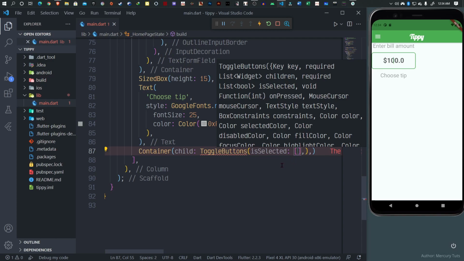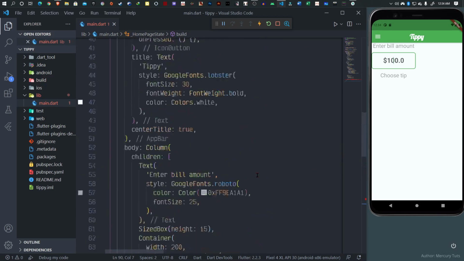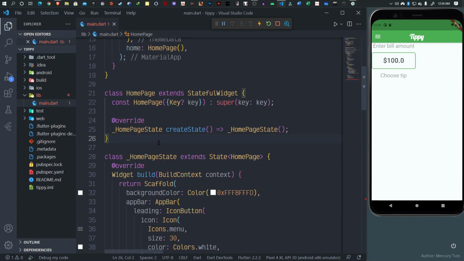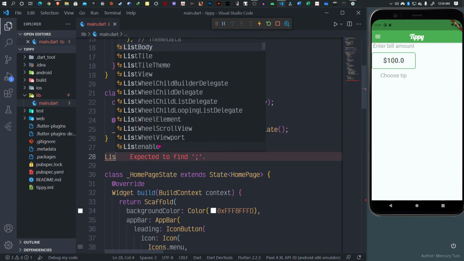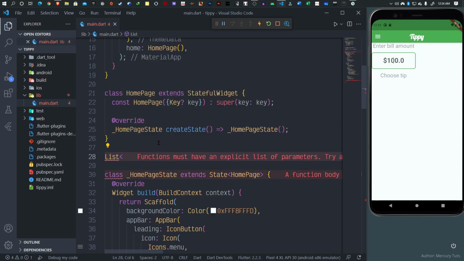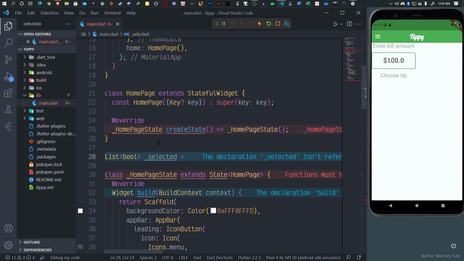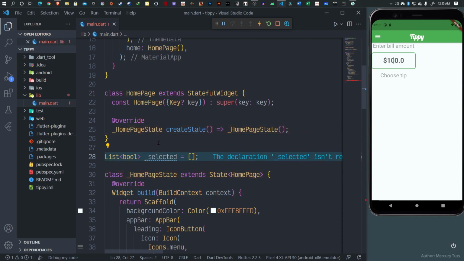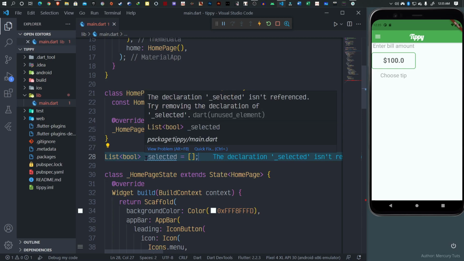So the way I'm going to go ahead and do this is I'll go to the top here, and I'm going to create a list, and this list is going to be a list of Boolean values. So remember, a Boolean is just either true or false, so bool, and I'm going to call this, for lack of a better name, maybe selected. An underscore over here simply means it's a private field. Don't worry about what it means when you say something is private. So anytime you create a list, you need to specify the type, and a list is denoted by a square bracket. Type simply means that this name here,